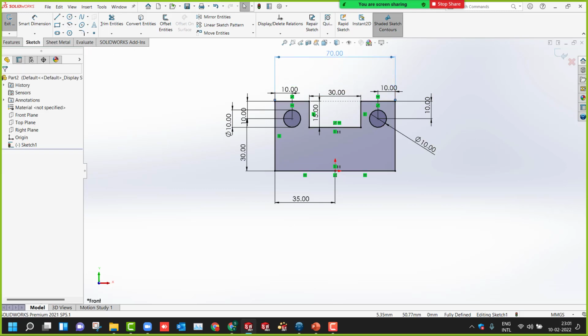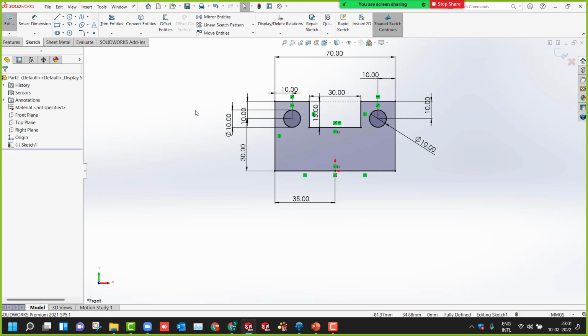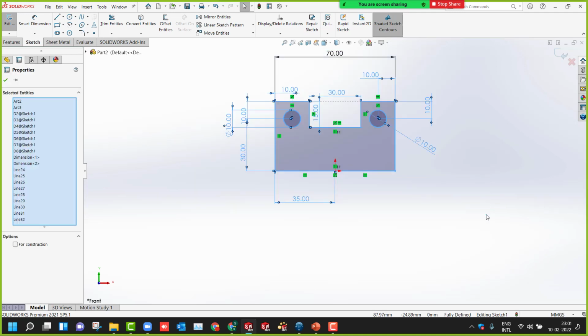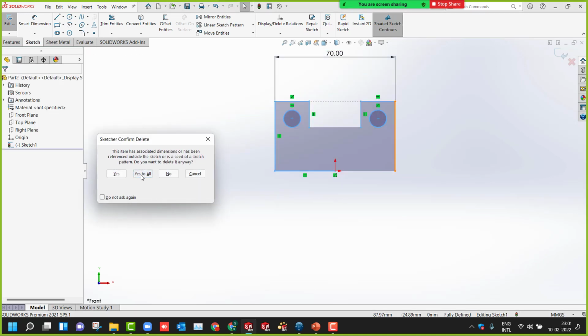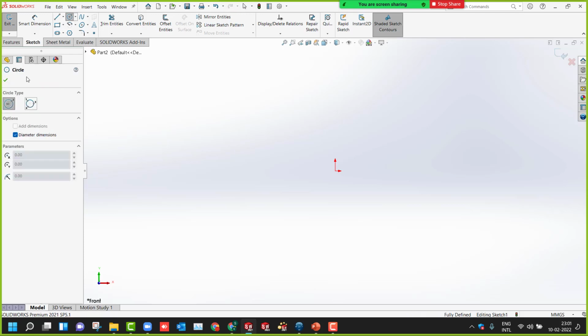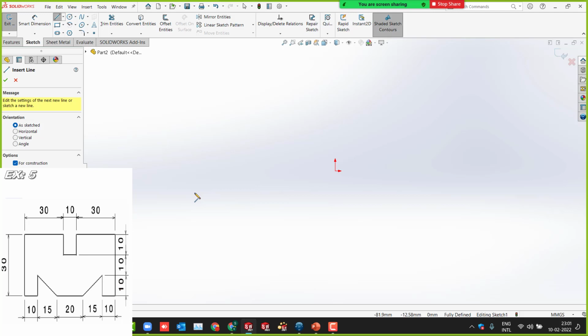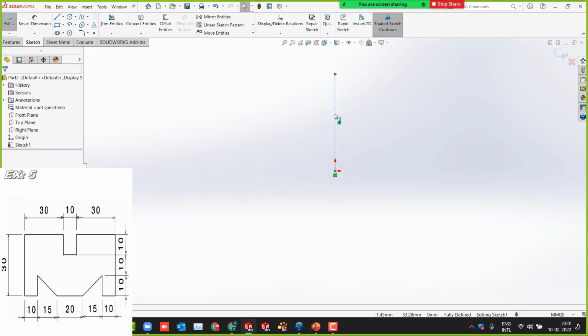Okay. Now we'll do one more. It is exercise number 5. Okay. Now what I can do is I'll give you one more easiest way to deal with this: you just draw the center line first. Okay, remember, draw the center line because this is kind of M, right? It is looking like M. You just draw a line like this.